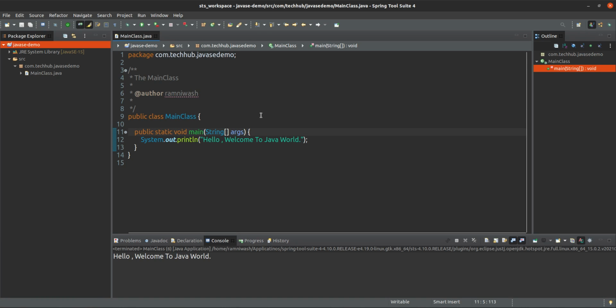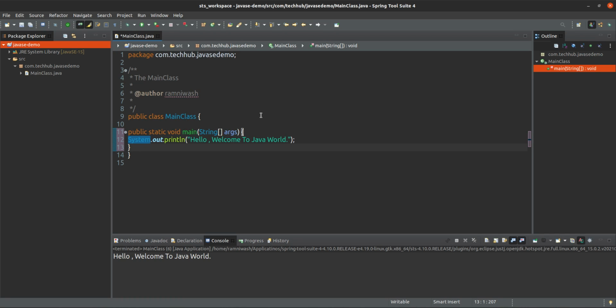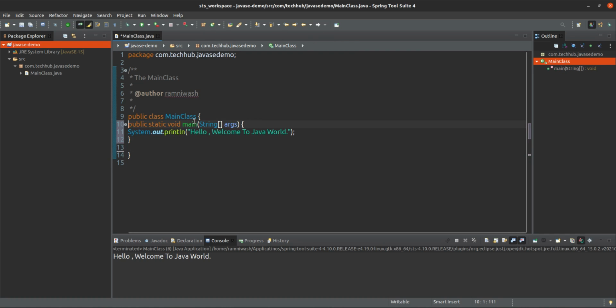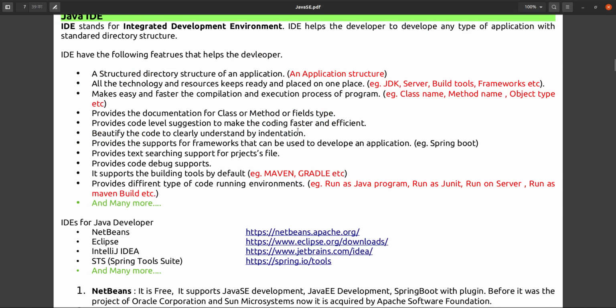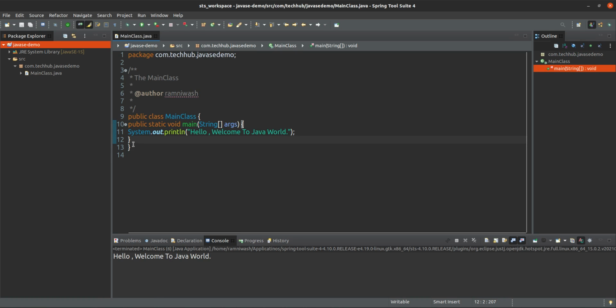And suppose how it is indentation. Suppose this is indentation, this is indentation. If you see, okay, this is not. So here if you see this document, we are talking about indentation. What is indentation? Now this file is not indented, we have to do indentation for this one. So how will you do it? Control Shift F. This is indentation. It is beautifying your code. That is called indentation. So like that, so many features will be there.